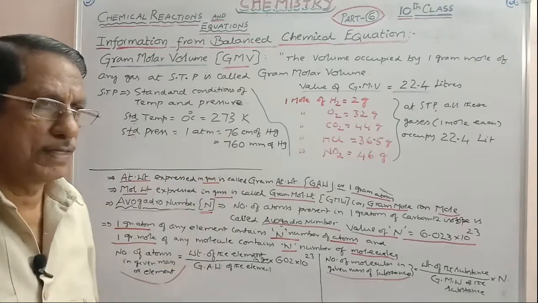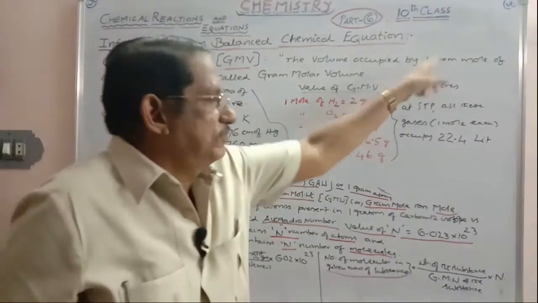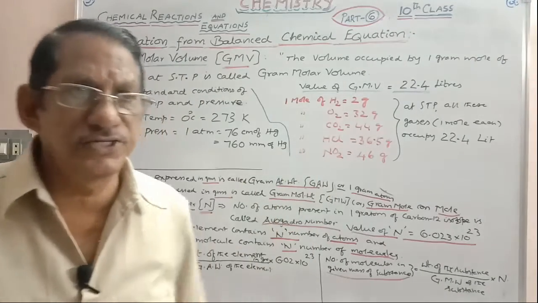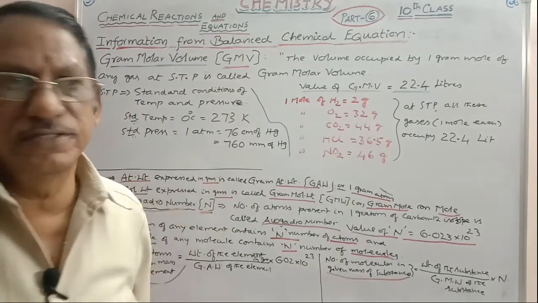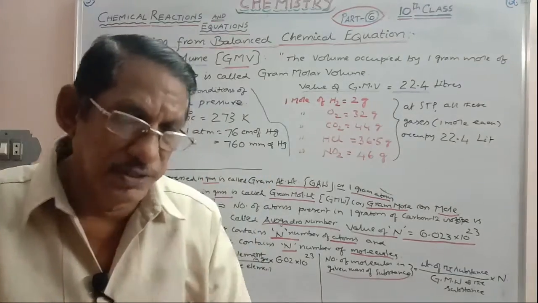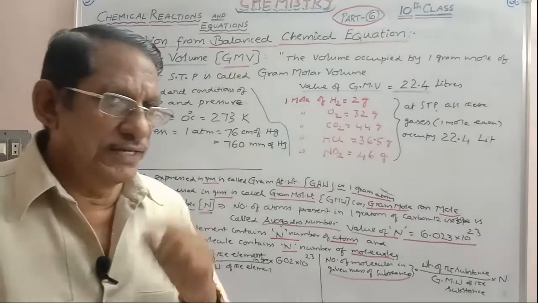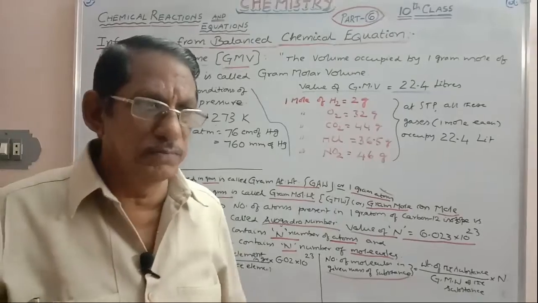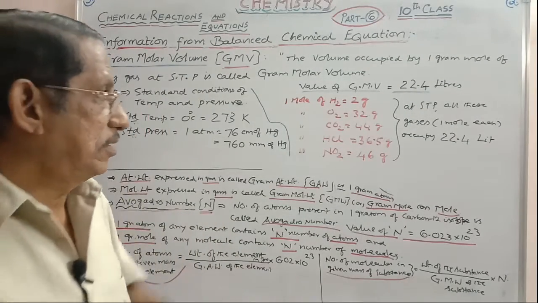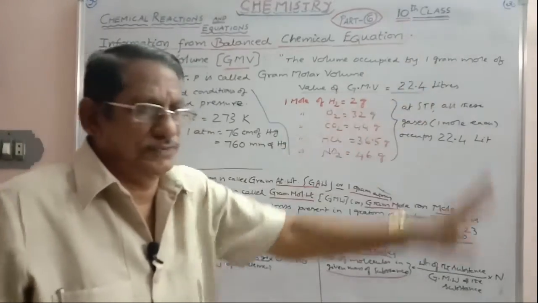Pressure is fixed. Temperature is fixed. Number of moles is fixed. In the gaseous state, when the number of moles N is fixed, temperature T is fixed, and pressure P is fixed, then volume is also fixed automatically. At one temperature and one pressure, for a given mass of a gas, there will be only one volume, remember. And so here gram molar volume is also fixed. What is its value? The value of gram molar volume is equal to 22.4 liters.